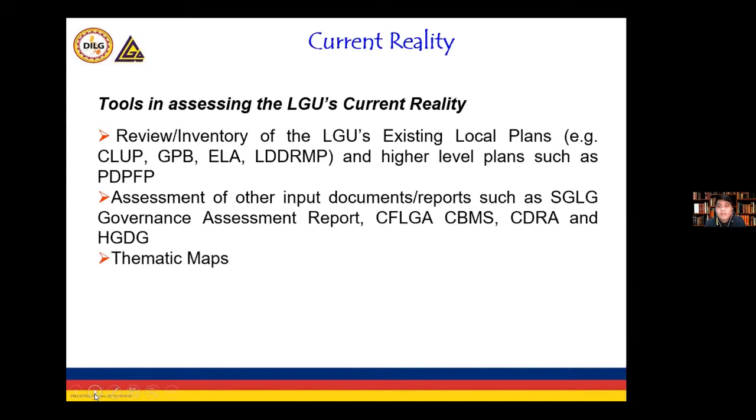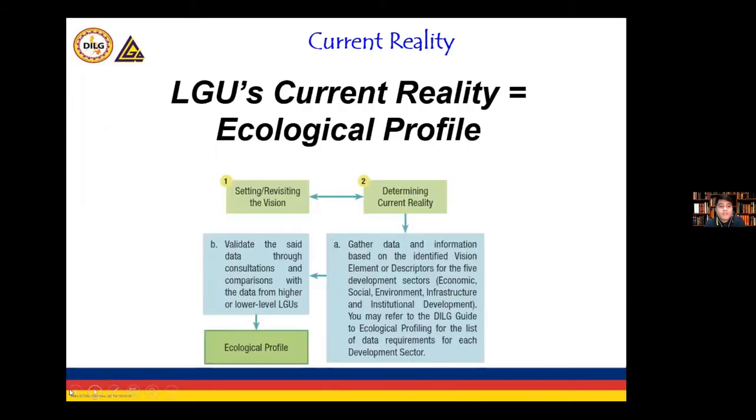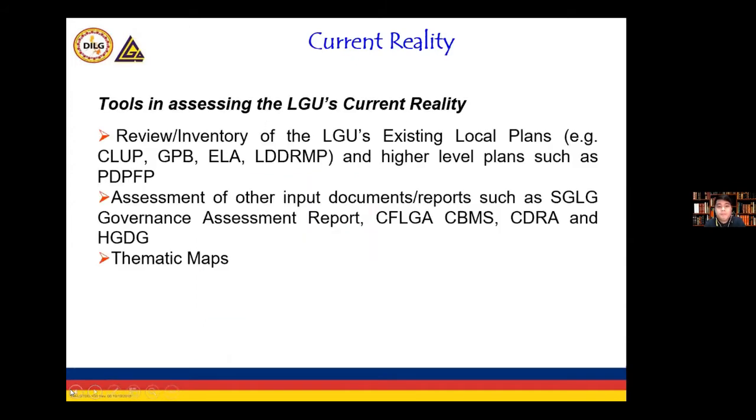Okay, next is thematic maps. So meron tayong mga available na thematic maps from Mines and Geosciences Bureau na pwede nating magamit. So makikita natin doon saang mga areas yung vulnerable or at risk. So pwede nating maging input yan in our analysis para matarget natin sino yung mga, for example, if you have programs on relocating those families who are at high risk area, so you can use these thematic maps as